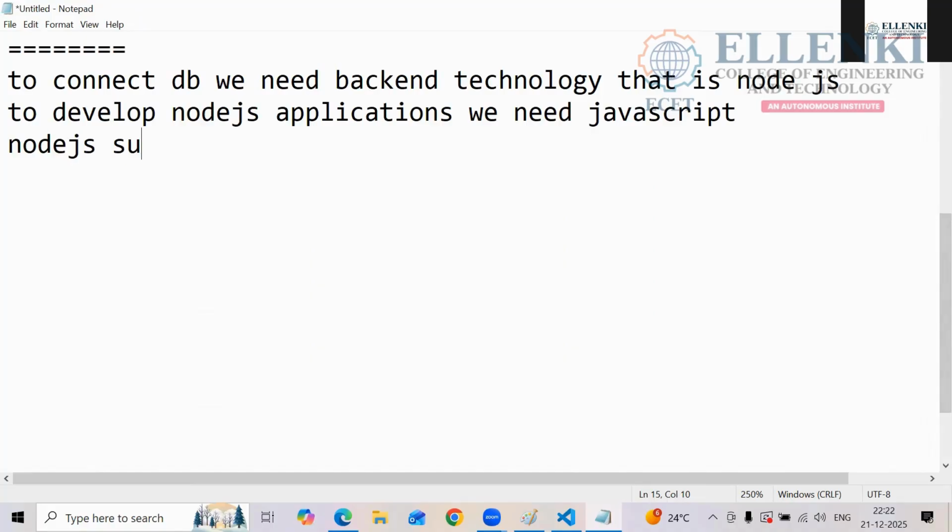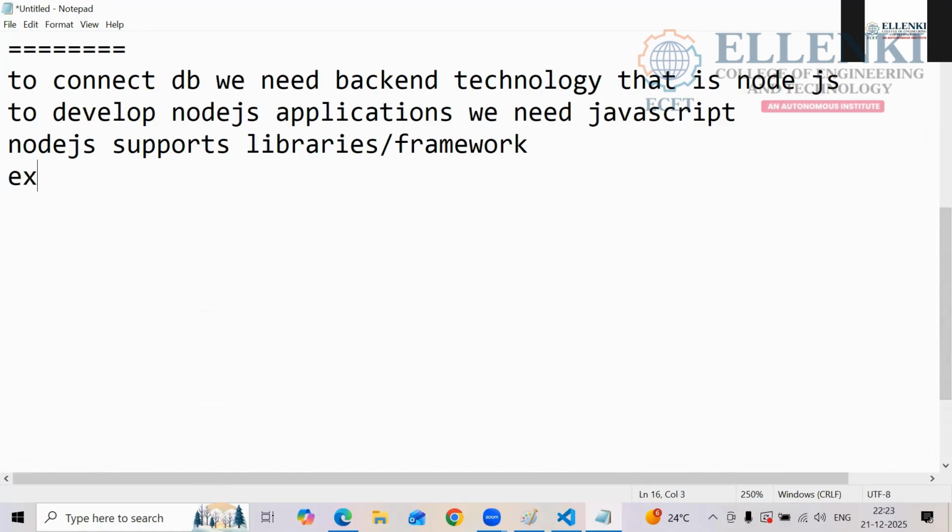Node.js supports libraries or frameworks. We can say it as a framework or library also. So what are those?